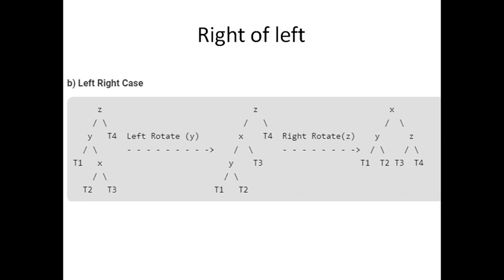So whenever we come across this situation, that is a right of left case, we have to rotate two times. The first case is we have to rotate at Y level to make it a left of left problem, that is a conventional problem or known problem. So whenever we have the right of left problem, we have to first convert it into a left of left case like this. So what we did here is that we just rotated this node towards the left, making X the new root and Y the left child of X.